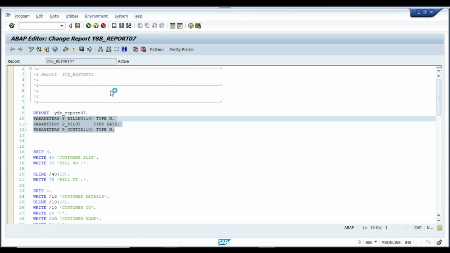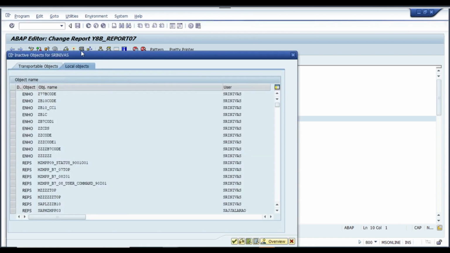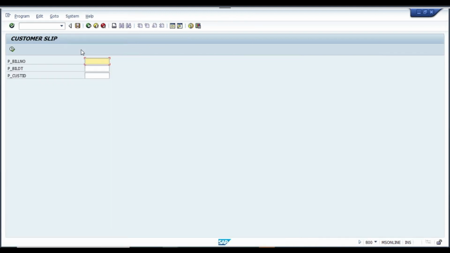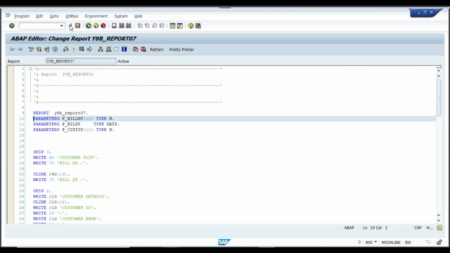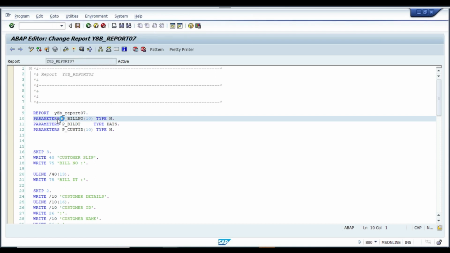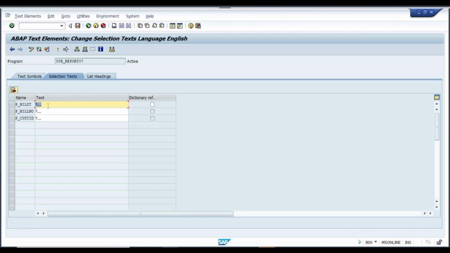Activate, execute. So once the screen is ready, my screen is ready, but here it's not that good. So what we have to do is go to text elements, selection text, and maintain the labels,